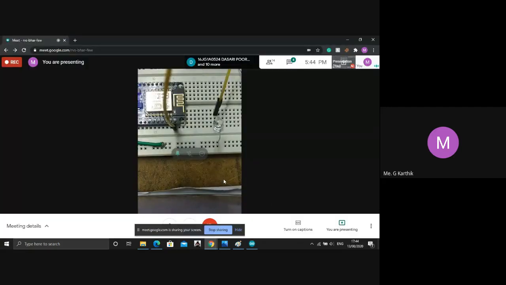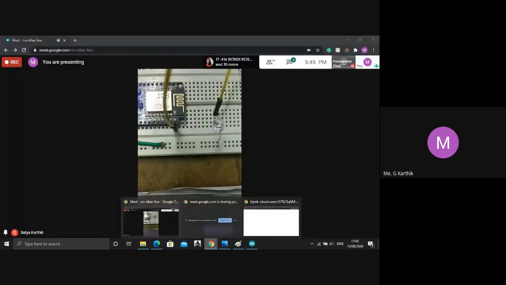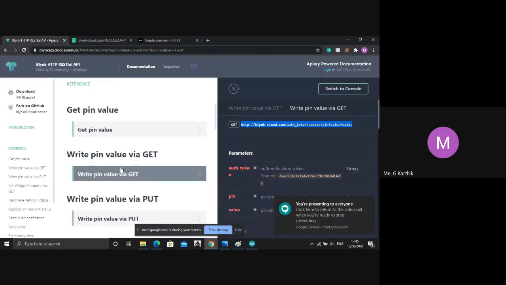What does this mean? You are just switching on the same way, the way that you did it with the app. Okay, now what you're doing is you're just using some request method like RESTful API. You're using an API. That API is called as this get request. Okay, you're just putting the value using put.